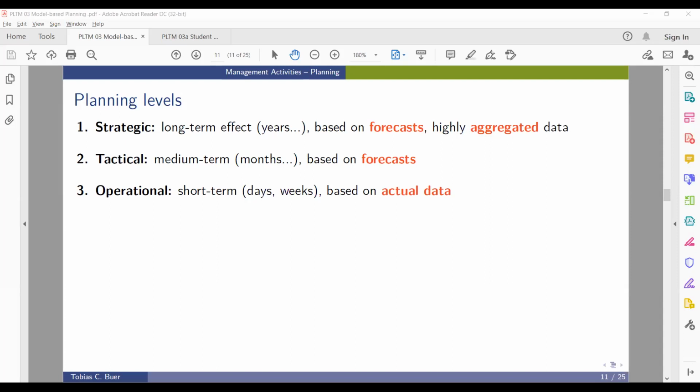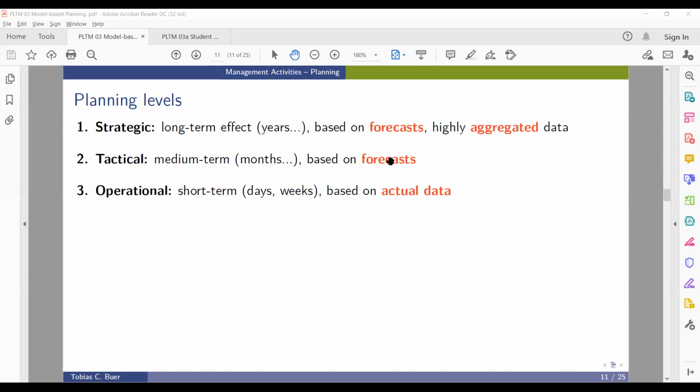So for example, when we at Geotech plan the next semester, then maybe we do a tactical planning. We already know which courses we should offer. It's almost sure. But for example, we have some life skill courses or elective courses, and it depends a little bit on how many students will choose these courses. And if not enough students choose such a course, we might not offer the course.